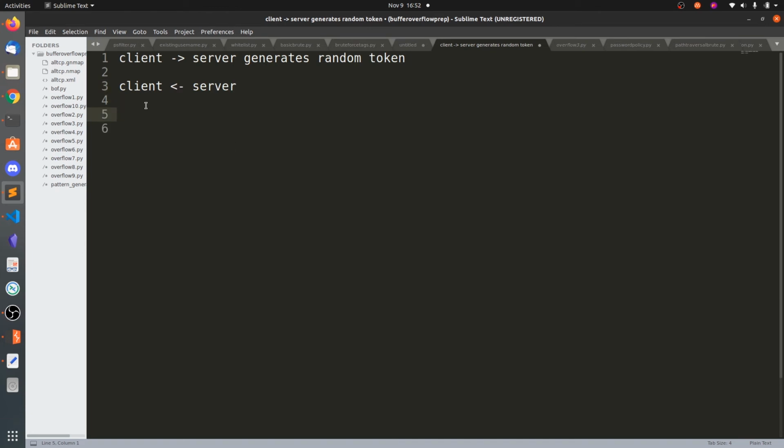The client should send this CSRF token to the server with the next request. Then the server will check in its database whether this CSRF token is valid for this particular client or not, and if not, it will ignore the request.